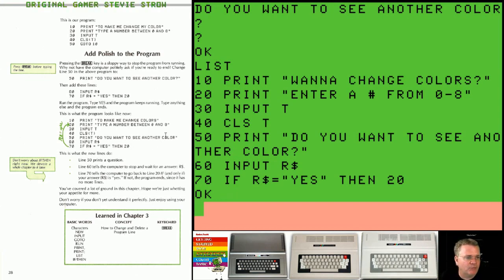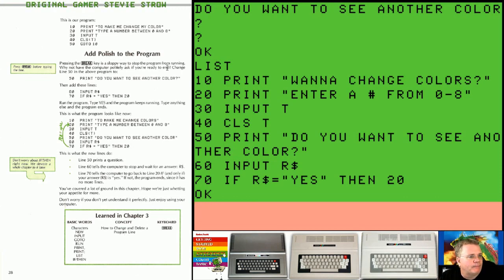So chapter 3 was actually teaching you how to write a couple of programs that not only output information and ask questions, but then input variables from us and then reacted based on what we gave it. So we were able to give it notes to generate sound. We were able to give it numbers to generate color. So this is a slightly different version of the program I had us write at the end of chapter 2. And at the end of this chapter now, it's basically saying,